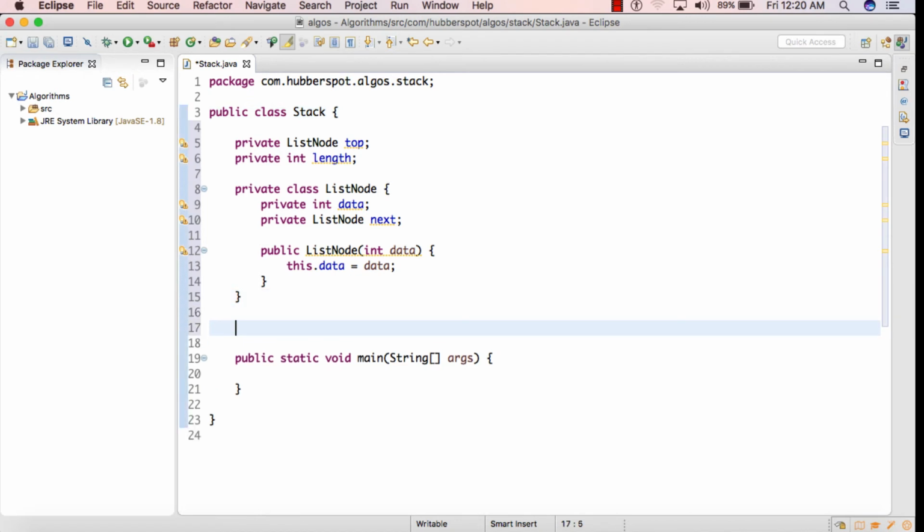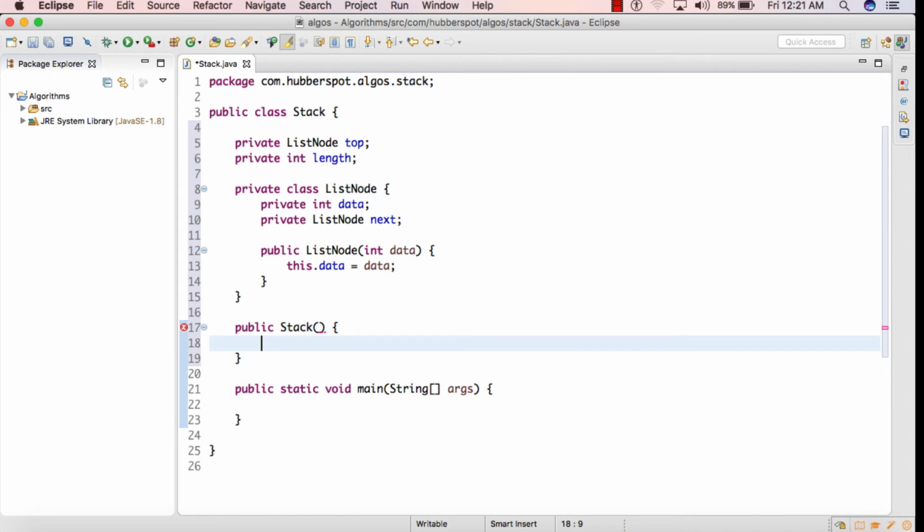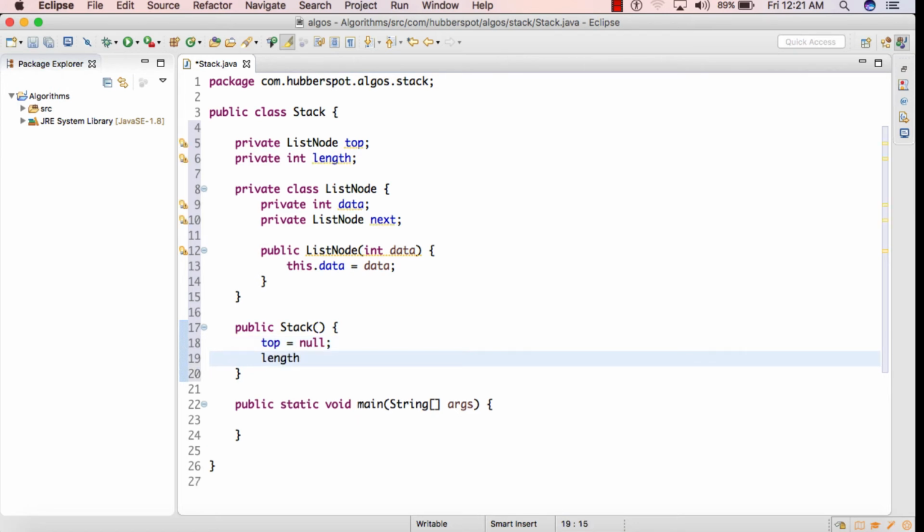Now once we initialize the stack, we know that top points to null and length is 0. So we'll create one constructor for this stack class, public stack, and here we'll assign a null value to top and length as 0.